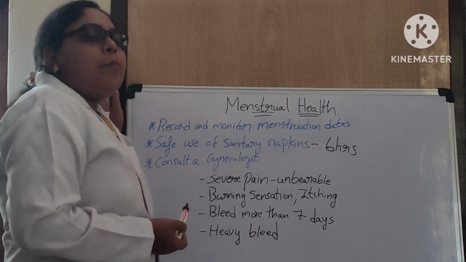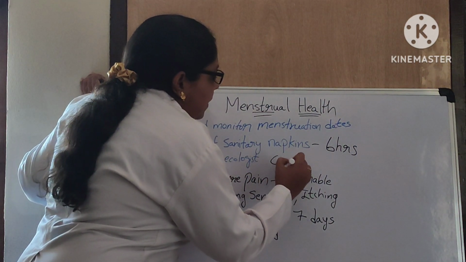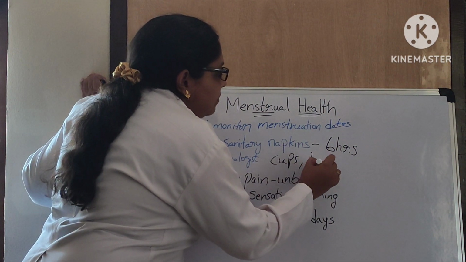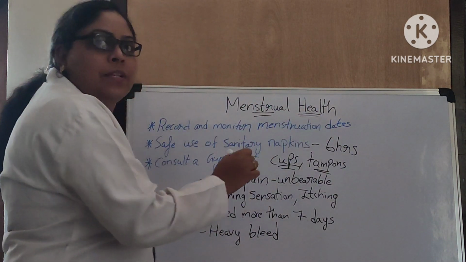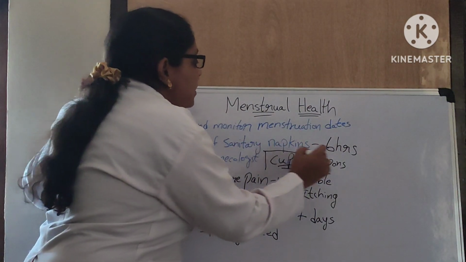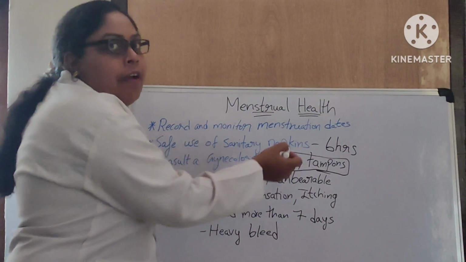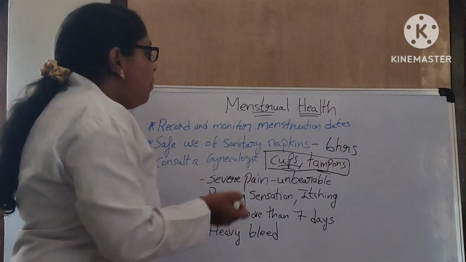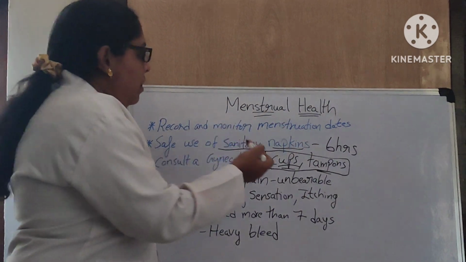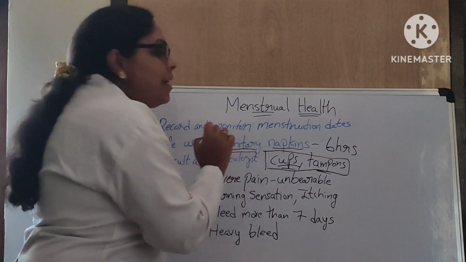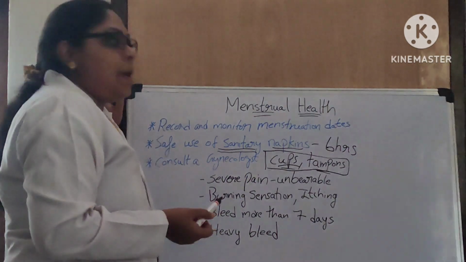And in the market, many other products are also available, like menstrual cups and tampons. But these products have to be inserted into the vagina. Coming to sanitary napkins, they are used outside the area; we are not inserting them. And the most preferable are cloth sanitary napkins.